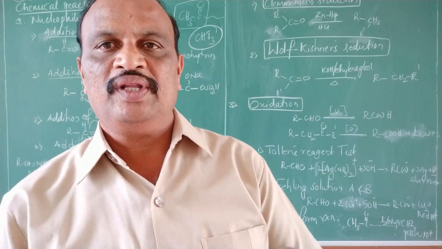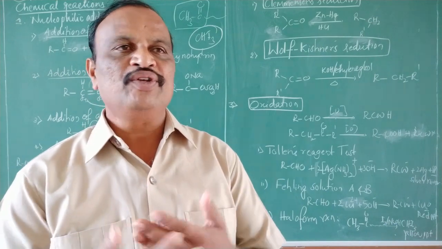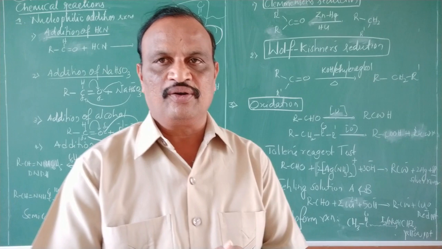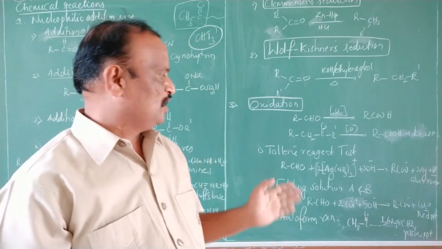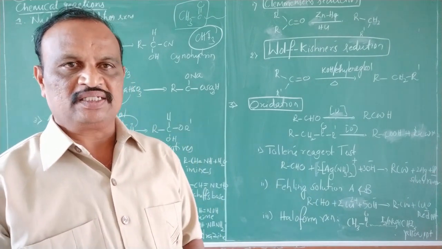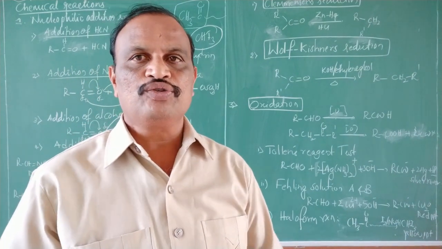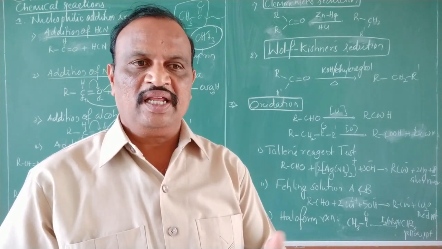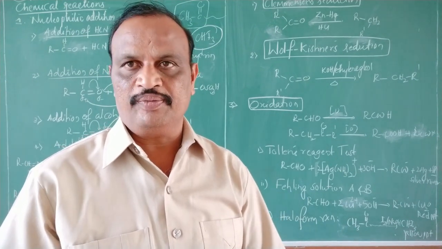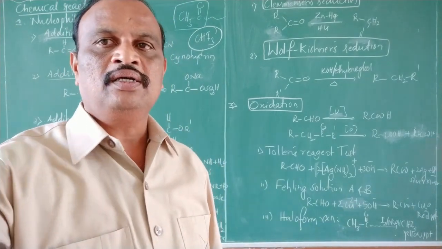So how will we know? A yellow precipitate is going to be formed there, by which we will be in a position to know whether the compound contains the methyl ketone group or not. During that process, the methyl ketone group is converted into the salt of an acid. That's how that test can be used to distinguish between compounds which contain this methyl ketone group and other functional groups. Okay, so these are all the oxidation reactions of aldehydes and ketones.